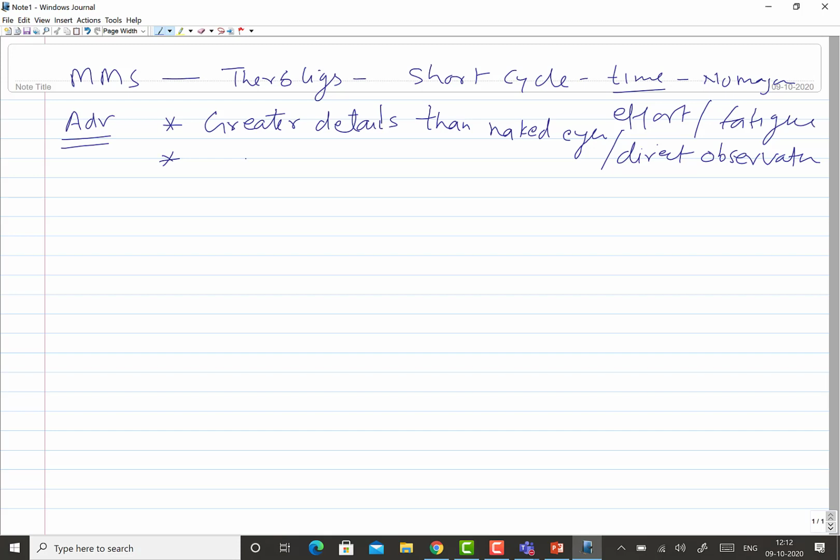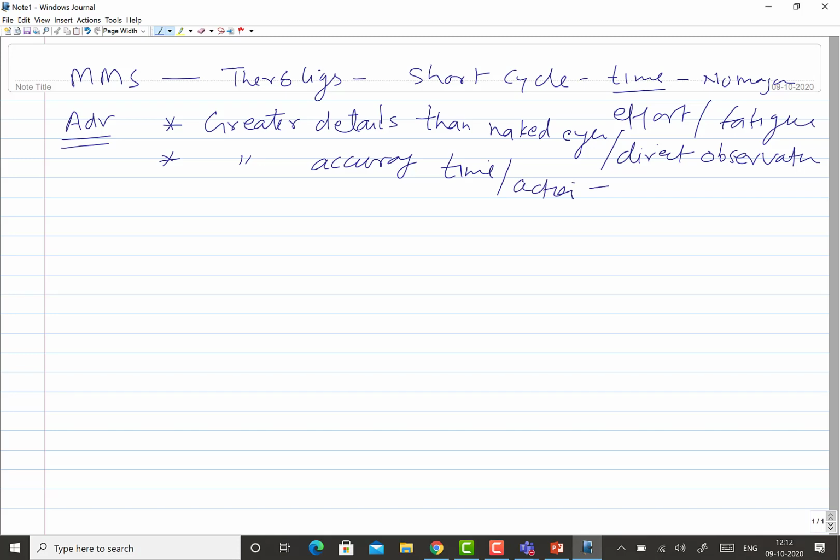The second thing, we find greater accuracy in terms of the timing and in terms of the actions which are being done.